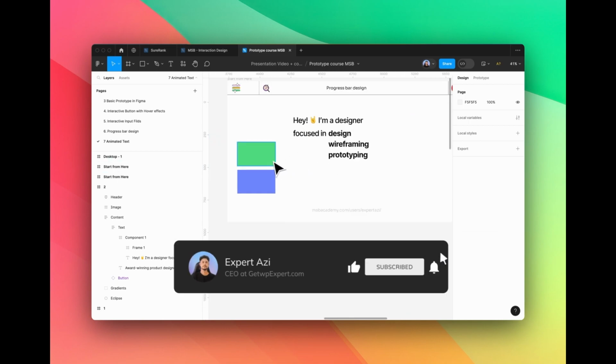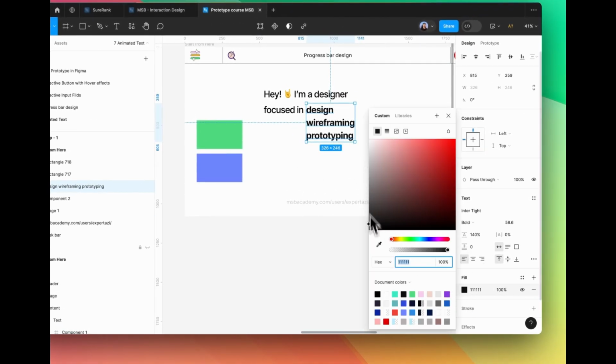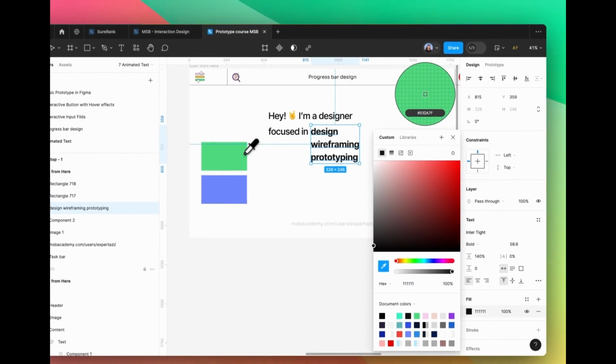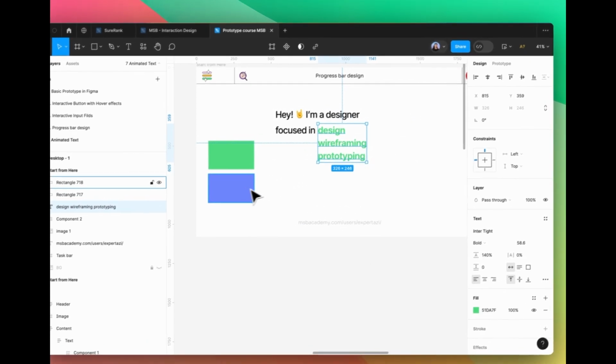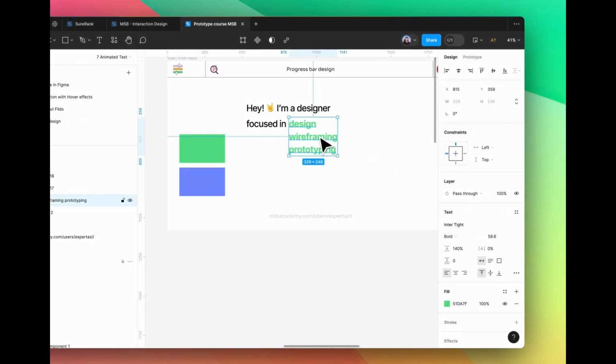So first of all, we need to make the gradient color. To make it, simply click on the fill color of this text design wireframe prototype, click on this pin icon and simply select the color. And secondly, just select the second color, copy the color code, come back again here to this design wireframe, this one,